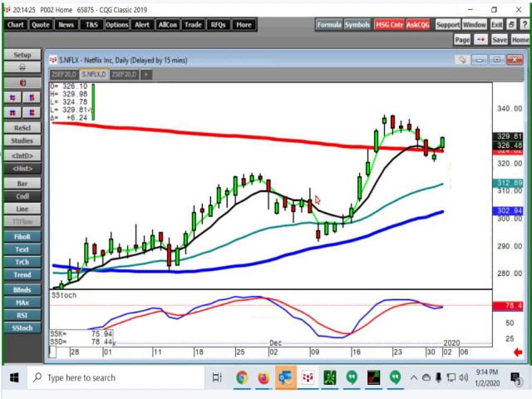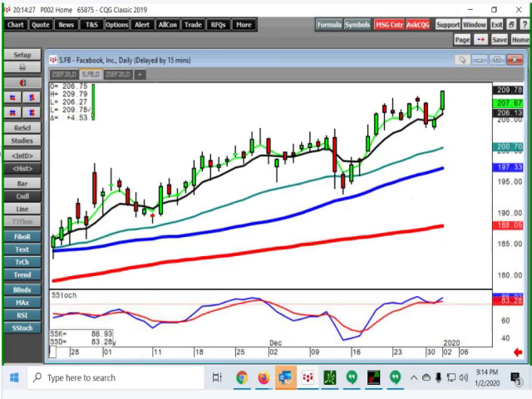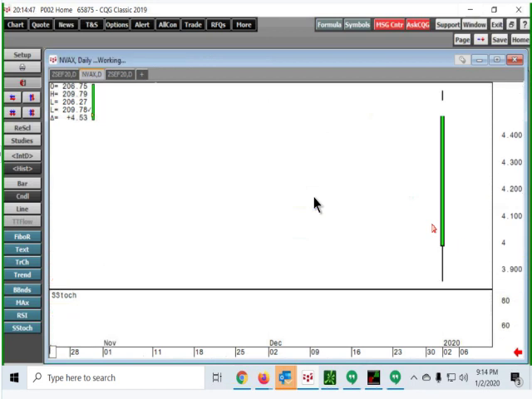Facebook, above the T line. Okay, so let's try to go through this pretty quick on some of the good charts and why they're good charts. So you got NVAX,